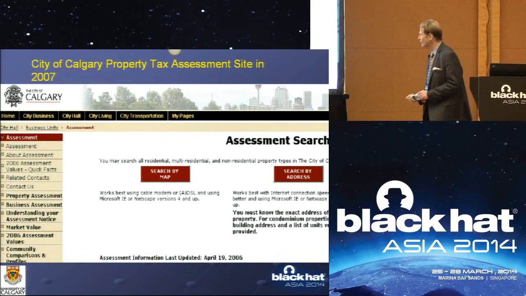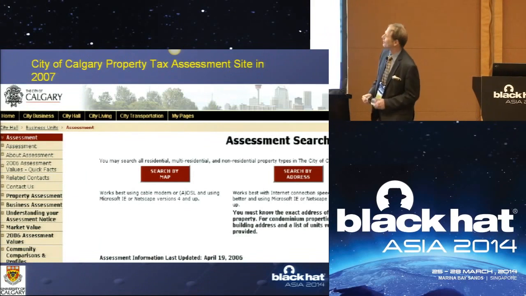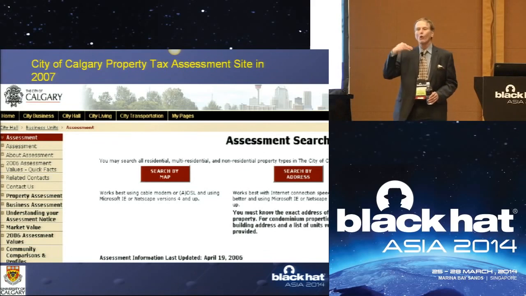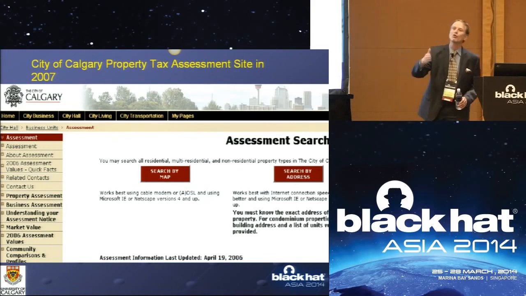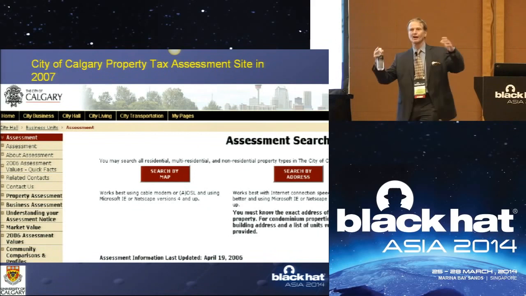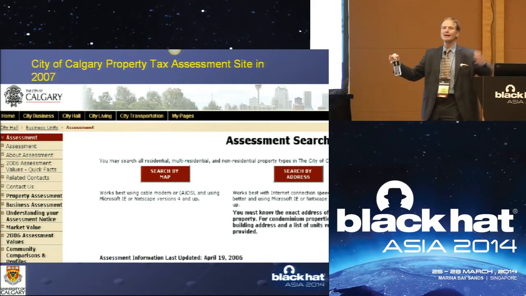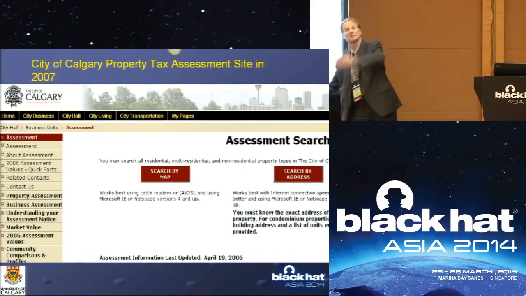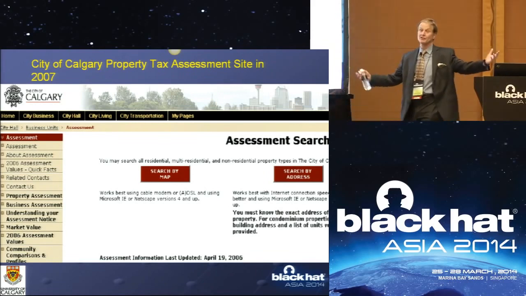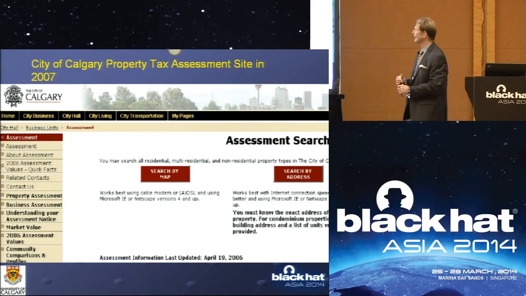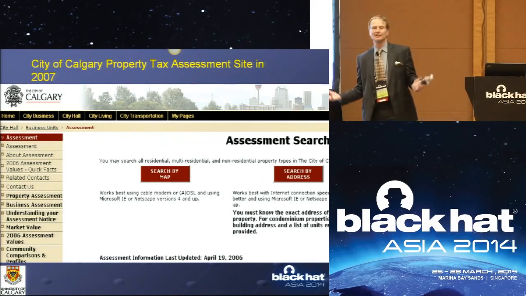Then I went to the address that I got there into the City of Calgary assessment. Again, tax assessment data is always public because you have a right to know. In general, your property tax is based on the value of your house. If your neighbor's house is identical to yours, the taxes ought to be the same. If your neighbor's house is twice as nice as yours, then the taxes should be double. The reality is there's always a bit of a fight there. So the way it gets sorted out is they make this data public.